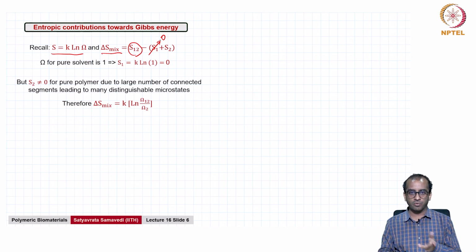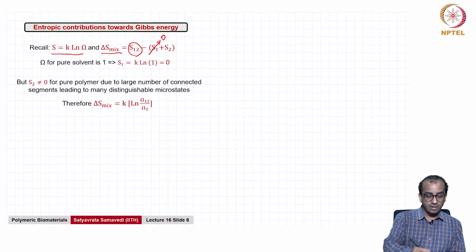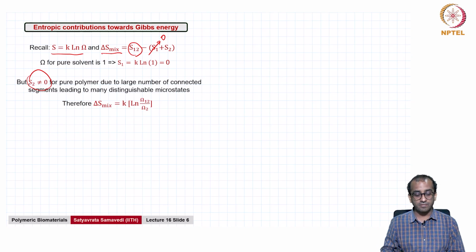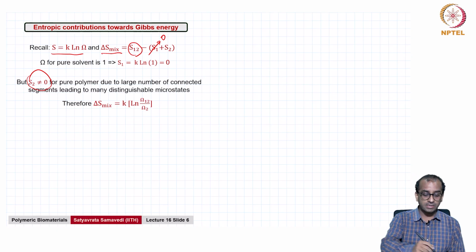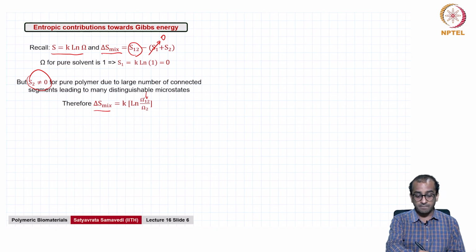I cannot have more distinguishable ways to arrange the black balls. But S2, which is the entropy of the polymer itself, is not going to be 0, because you can have a large number of connected segments leading to many distinguishable microstates. So, delta S mix is going to be k times ln of omega 1 2 over omega 2,